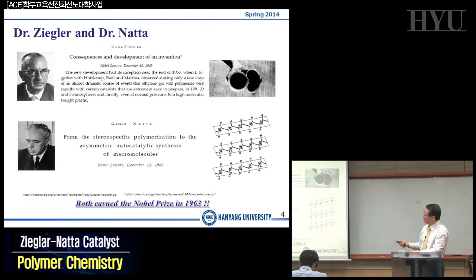And Natta, the Italian chemist, received the Nobel Prize because of the stereospecific polymerization, the asymmetric autocatalytic synthesis of macromolecules, okay, which is related